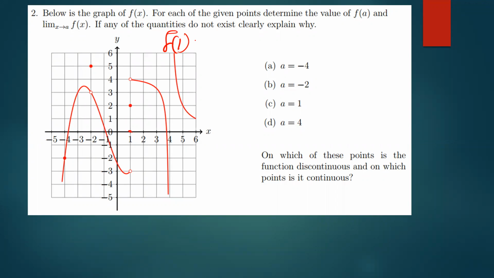So for f of 1, the answer is 2, because at 1 there, we have the y value, which is 2. And we look for the dot that is shaded. And then from there, we also have to find